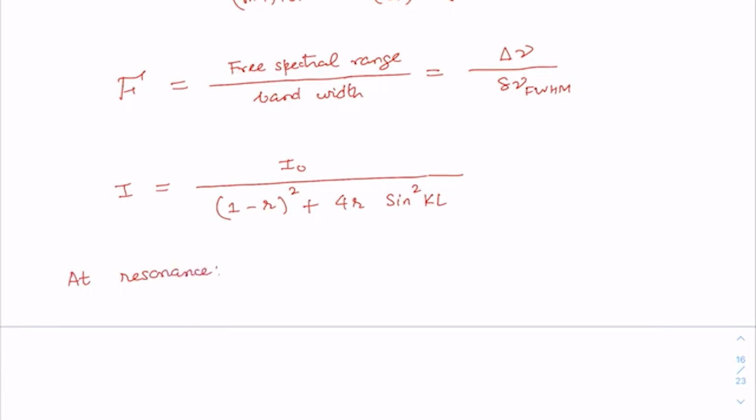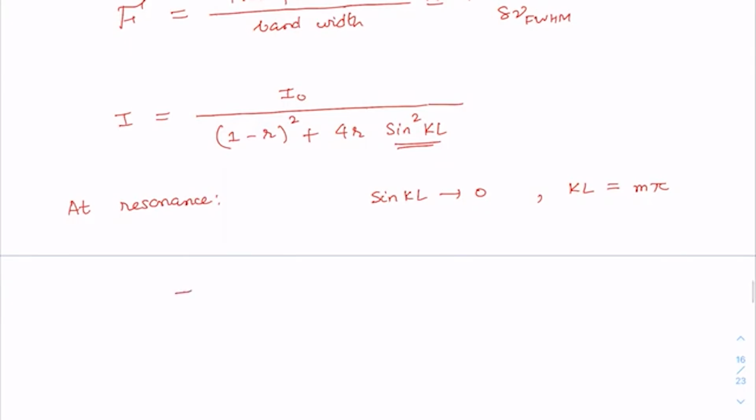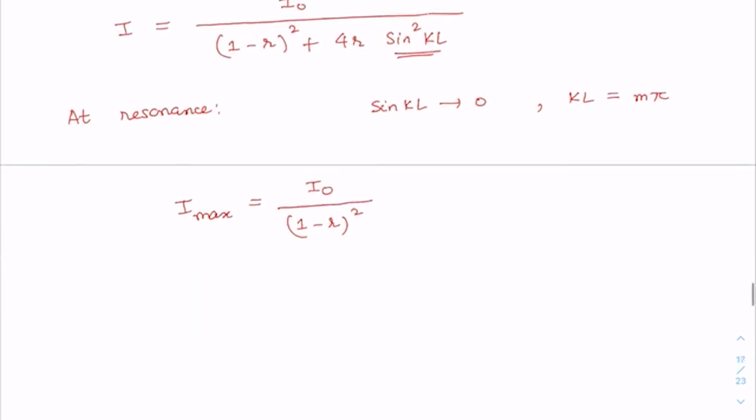At resonance, you know, this sine KL would tend to 0, because at resonance, as you know, the resonance condition would be KL is equal to integral multiple of pi. So therefore this term will vanish. So you will have the maximum intensity, that is I max is equal to I0 divided by 1 minus R whole square. On the other hand, far off resonance